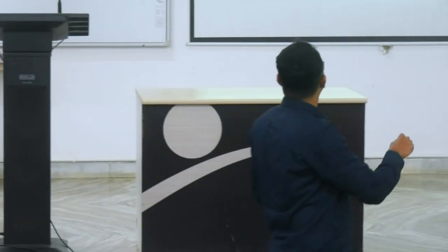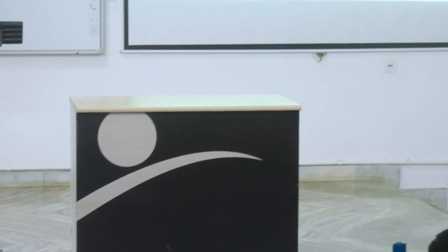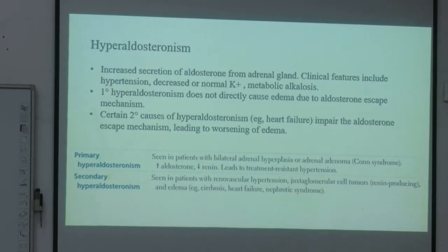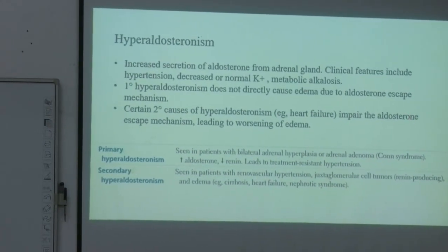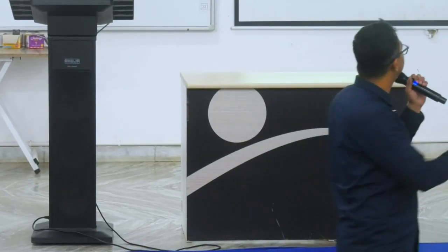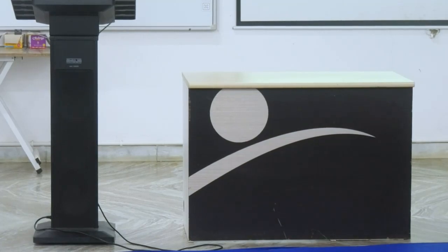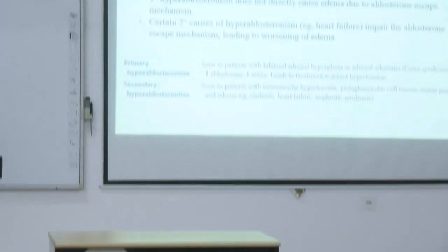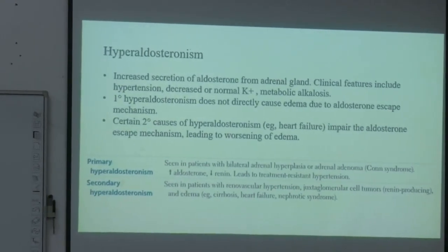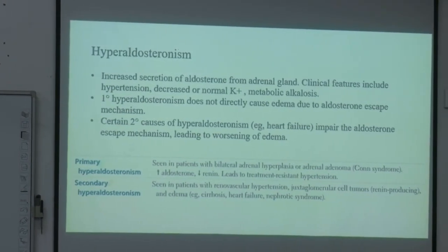Okay, so primary hyperaldosteronism seen in patients with bilateral adrenal hyperplasia or adrenal adenoma is also called Conn syndrome. You may remember, again MCQ, what is Conn syndrome? They will give four options, okay? What will happen? Aldosterone will be high, renin will be low, and it leads to treatment resistant hypertension, which is very difficult to treat,